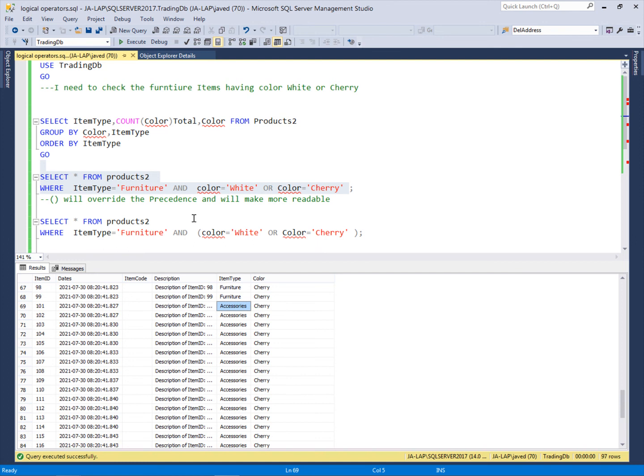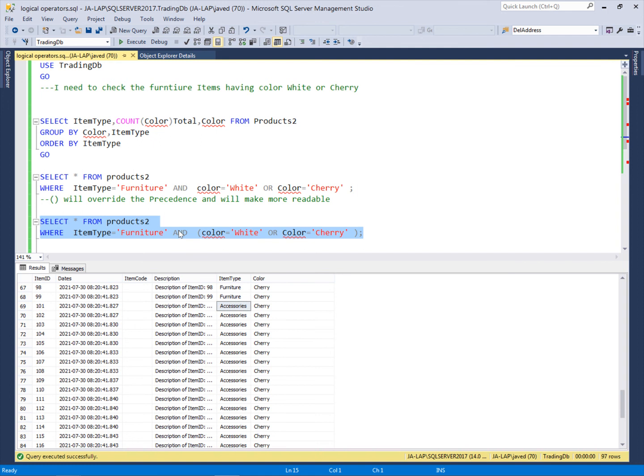If I do a little bit of makeup for this query and use parentheses, this parenthesis will make the query more readable and it will change the precedence also. So I will write color white or color cherry in the parenthesis. This parenthesis will change the precedence. Now the OR inside the parenthesis will be executed first, and it will filter all the products which have the white color and the cherry color.